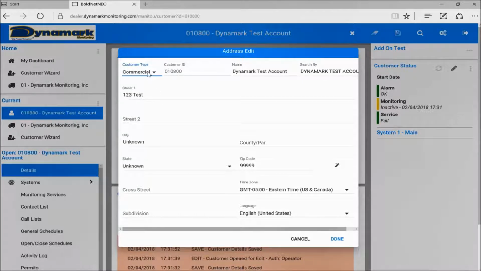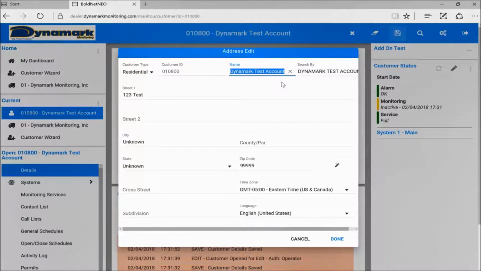So the first thing we want to do is go over here and select what type of customer this is going to be. Is it going to be a commercial account or residential? It's very important to remember that we want to select this, because by selecting commercial or residential, it's going to put programming into the account for default action patterns. For example, if commercial and there's a fire alarm, it pulls for us to dispatch first by UL code. In this case, we're going to put in a residential account,